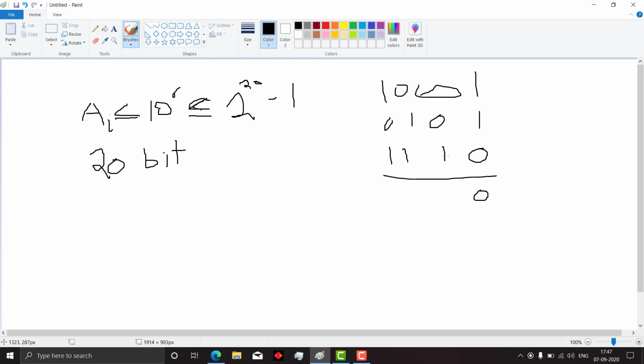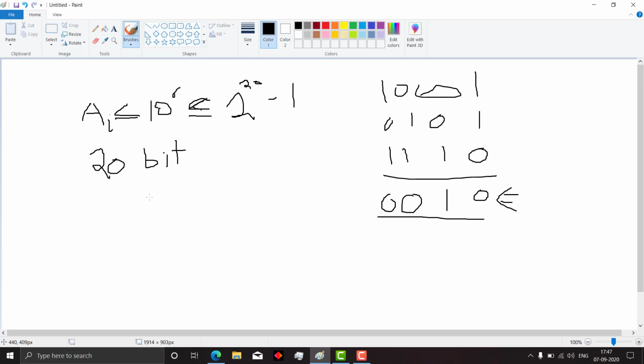Here 1 comes an odd number of times, so it will be 1. Here 1 comes an even number of times, so it will be 0. Here it will be 0. So this will be our answer. We just need to count whether each bit is 1 an even or odd number of times. If it's an even number of times, the XOR bit would be 0, and if it's an odd number of times, the XOR bit would be 1.